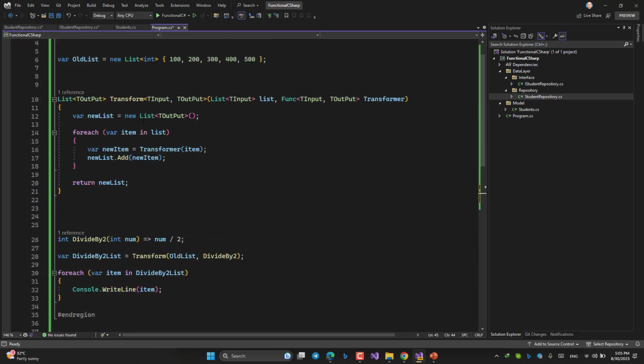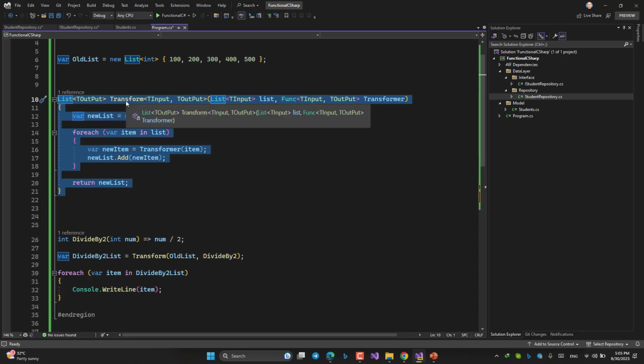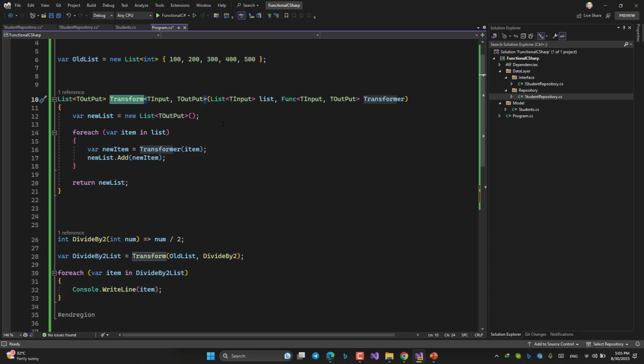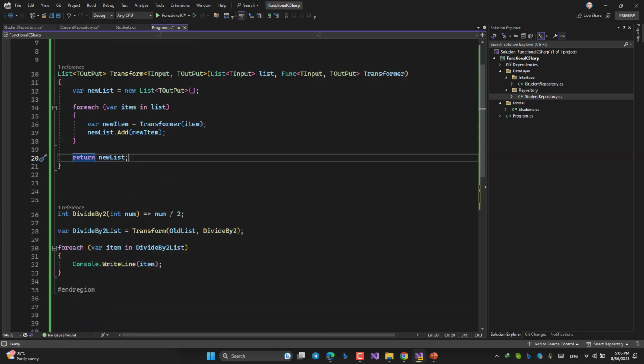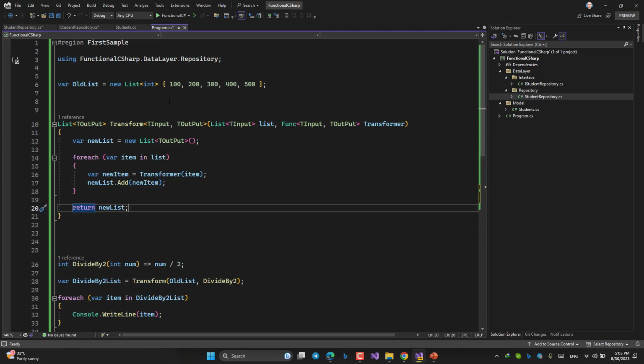When you want to map an entity, for example, to a DTO, this is one of the ways you can do it. Instead of transform, you can say map, for example, and map whatever you want to a target entity or something like that. I will try to continue talking about functional programming in next videos when I have time.